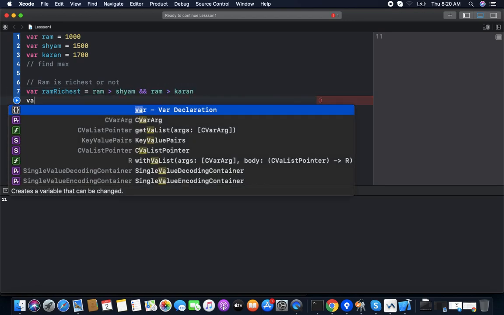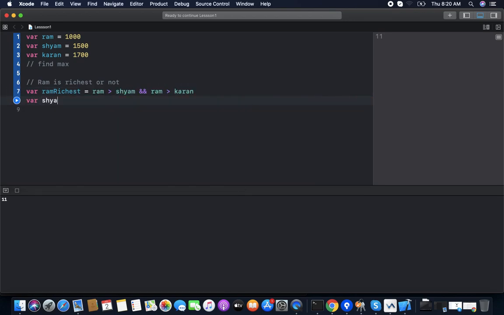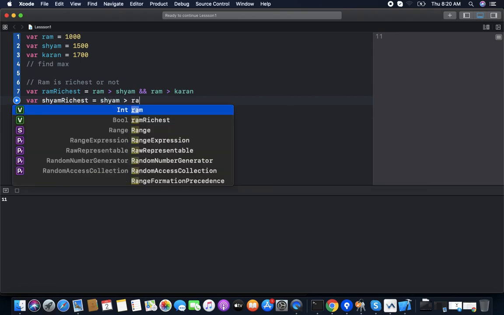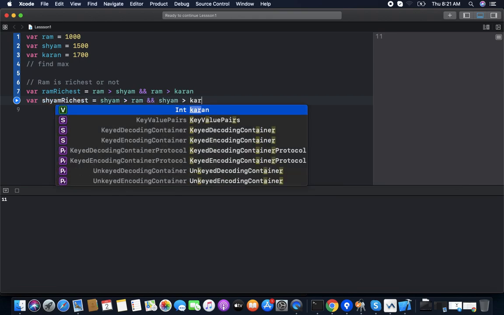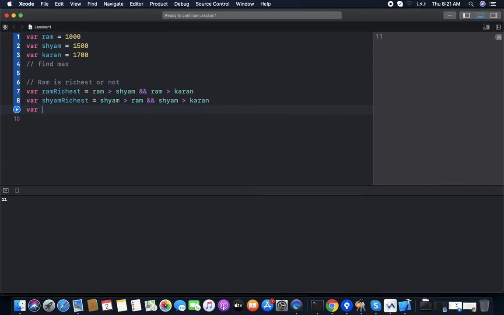Same for Shyam. If Shyam is greater than Ram and Shyam is greater than Karan. Same for Karan.